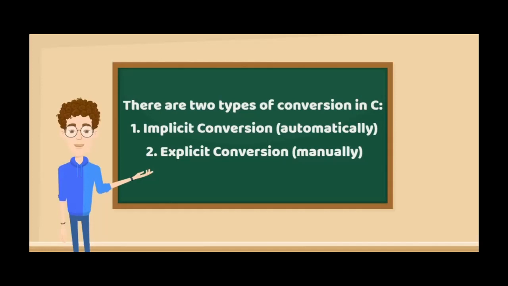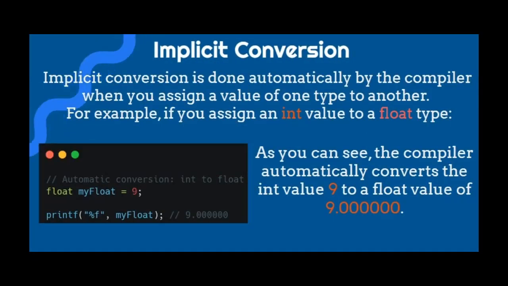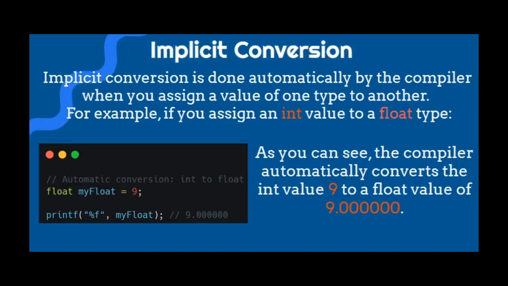To get the right result, you need to know how type conversion works. There are 2 types of conversion in C. Implicit conversion, automatically. Explicit conversion, manually. First, implicit conversion. Implicit conversion is done automatically by the compiler when you assign a value of one type to